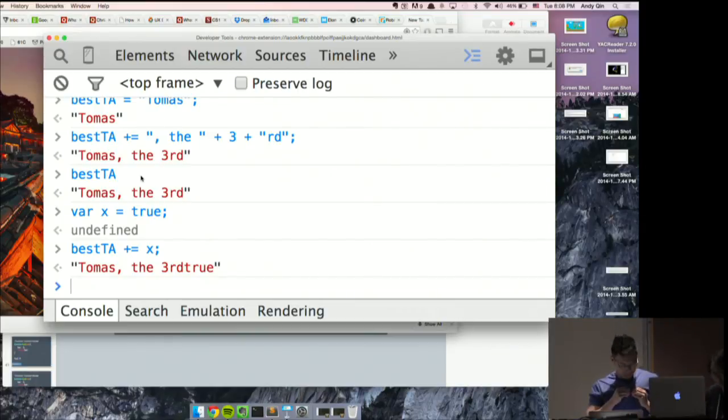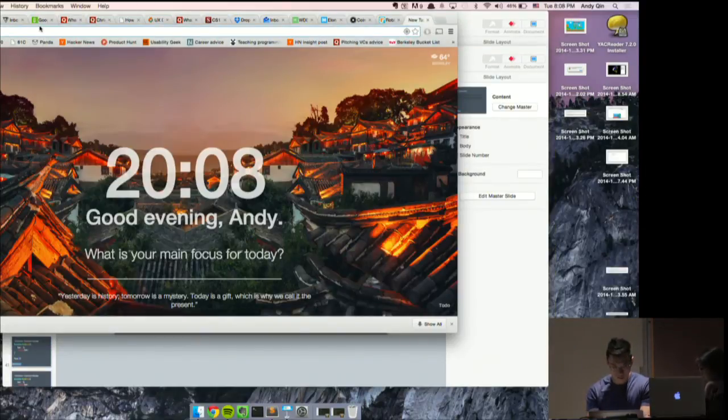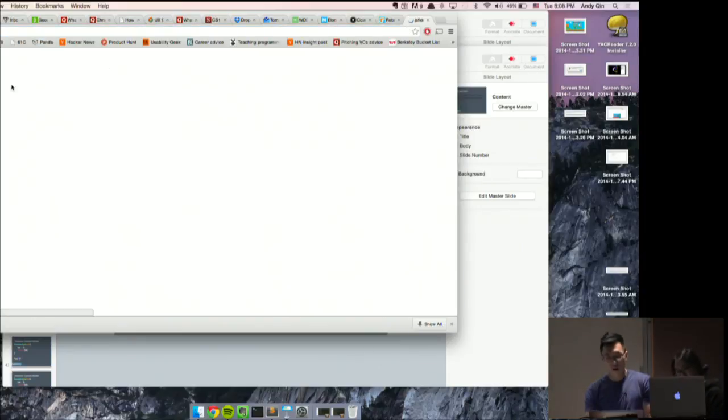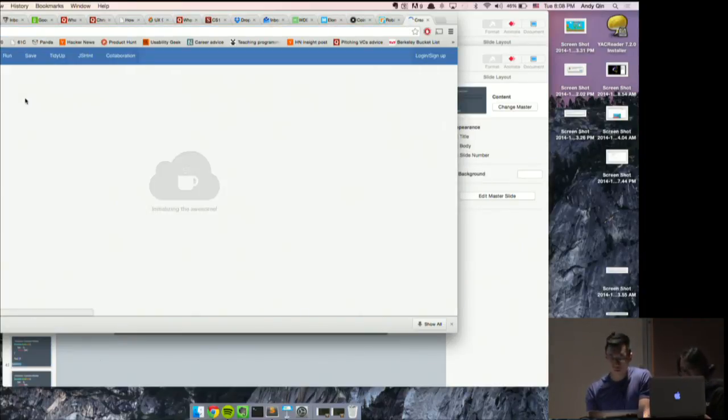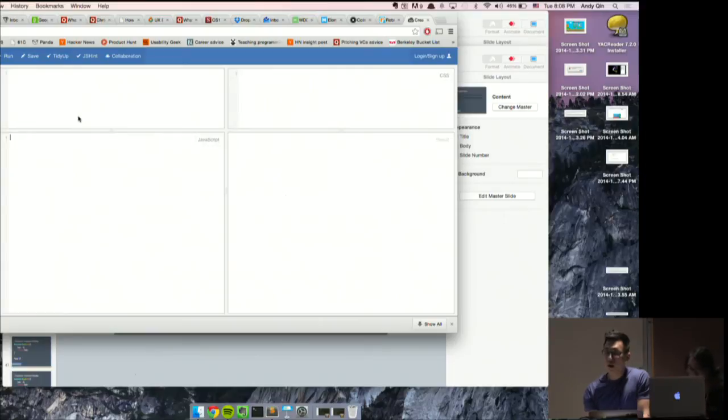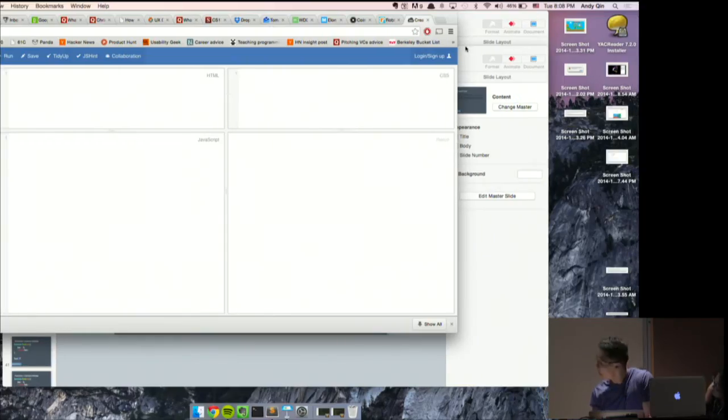All right. So now we'll talk about, Andy also mentioned the console and alerts. So now instead of using this, we'll go into JS Fiddle. You guys have seen JS Fiddle before. We've used JS Fiddle to show you little snippets of code with HTML and CSS. You can see it says HTML up here and CSS up here. Can you guys see that? Here, let me make it bigger.